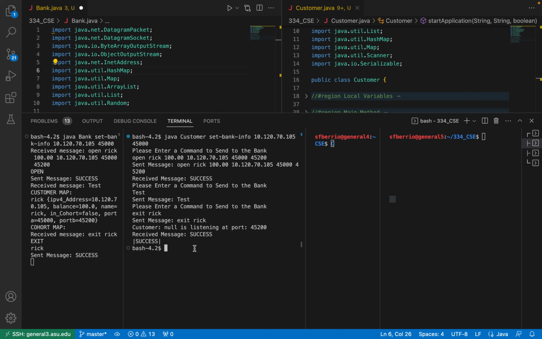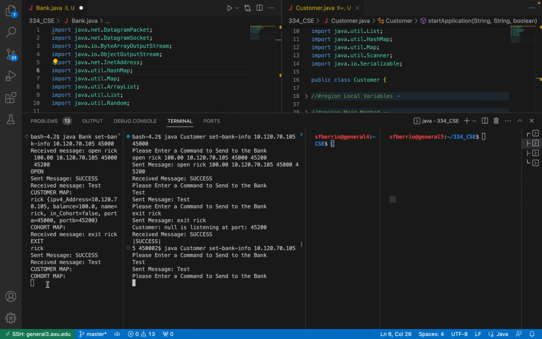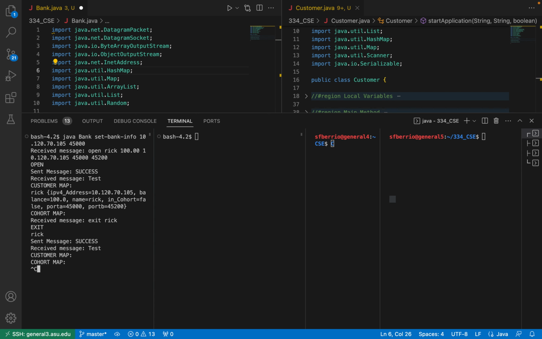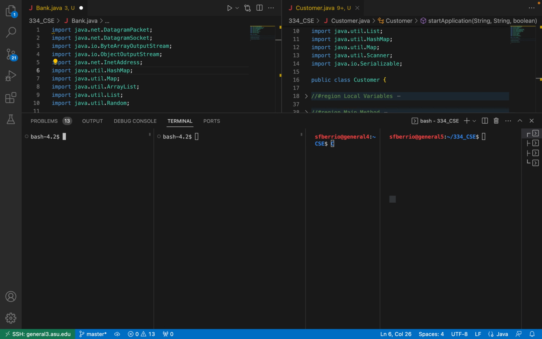So now if we want to verify that Rick was removed or deleted, we just open it up again and we can do the same test command. You can now see that there are no customers inside of the customer data structure in the bank. Okay, so now that that is demonstrated, we can demonstrate the rest of the functionality. So we'll restart the bank service,